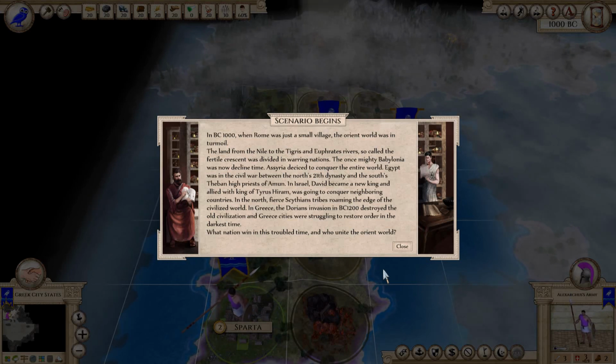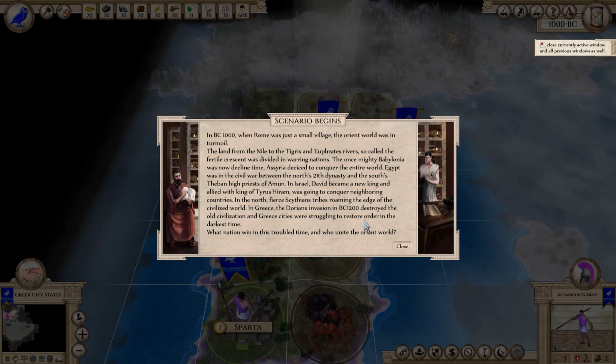Assyria decided to conquer the entire world. Egypt was in civil war between the North's 21st dynasty and the South's Theban high priest Amun. In Israel, David became a new king and allied with the king of Tyrus Hiram, was going to conquer neighboring countries. In the north, fierce Scythian tribes roaming the edge of the civilized world. In Greece, the Dorian invasion in BC 1200 destroyed the old civilization, and Greek cities were struggling to restore order in the darkest time. What nation win in this troubled time, and who unite the entire...